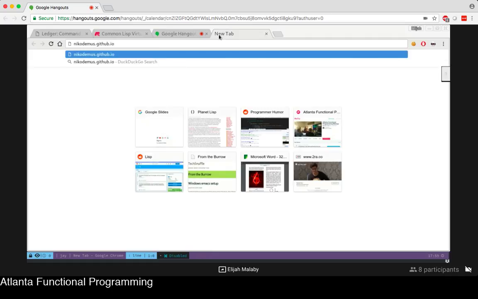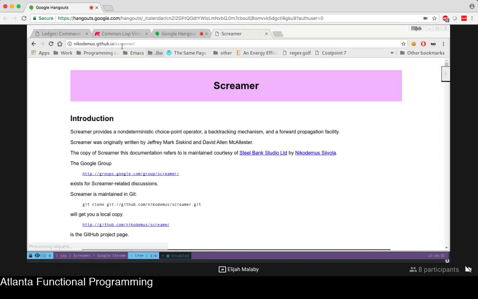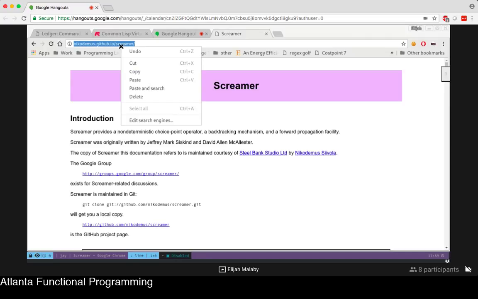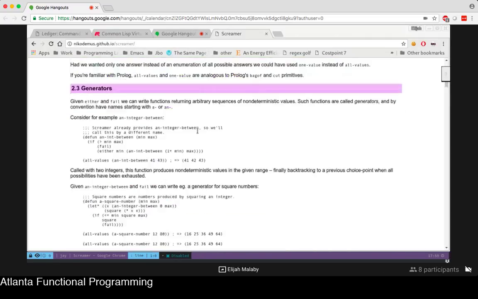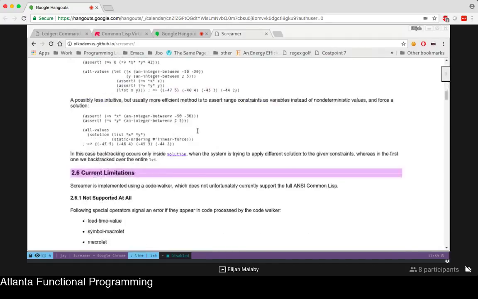Nicodemus.github.io, and yes, I'm being one of those terrible people that actually types out all of their URLs. That's not necessarily a bad thing. Yeah, so this is the Screamer homepage, and we're first going to go through, because I haven't even told you